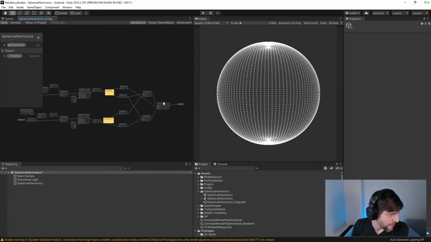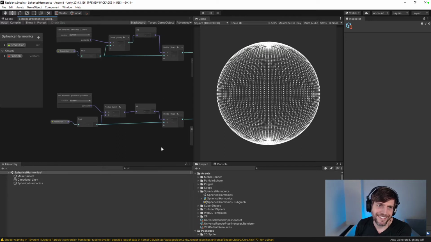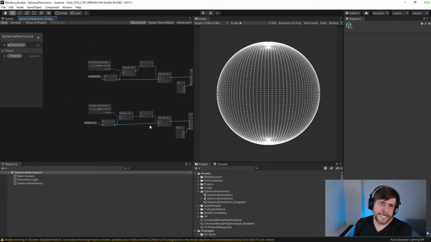It seems to not be too terribly heavy. Or maybe it is. Maybe it's painfully heavy, I don't know. I kind of feel like modulo is expensive in some cases. Maybe there's another way to do that. Okay, so